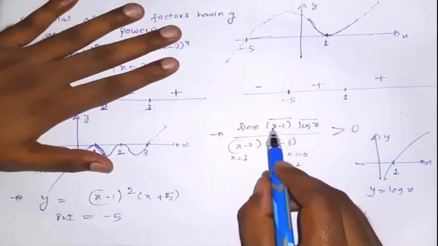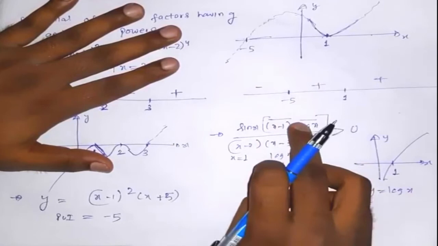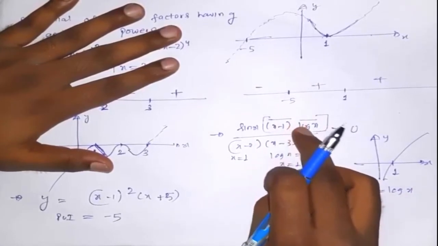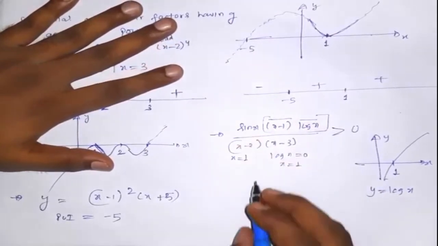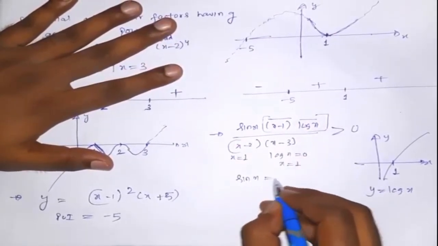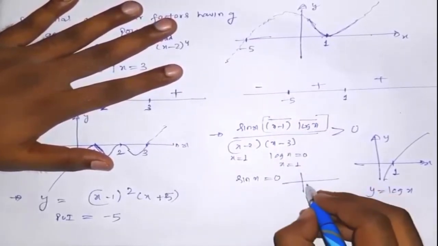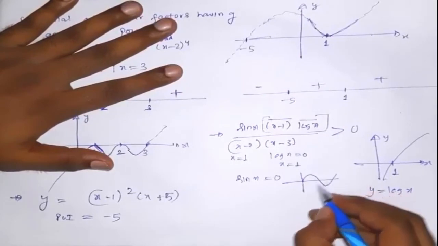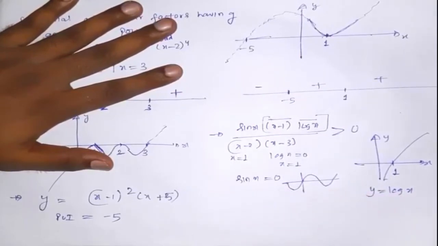So for x greater than 1, this factor is positive and this is also positive, so this will be positive. For x less than 1, this is negative and this is also negative. By combining them, the whole function will be positive. So for each and every value of x, this portion will be positive. From this portion, we can't find any point of inversion. So we will go for another factor,